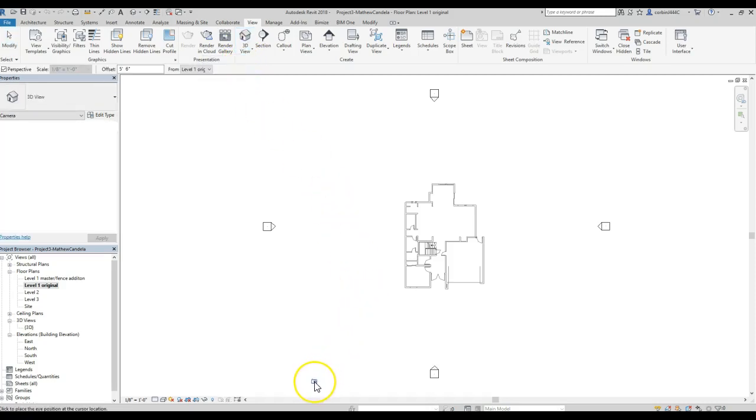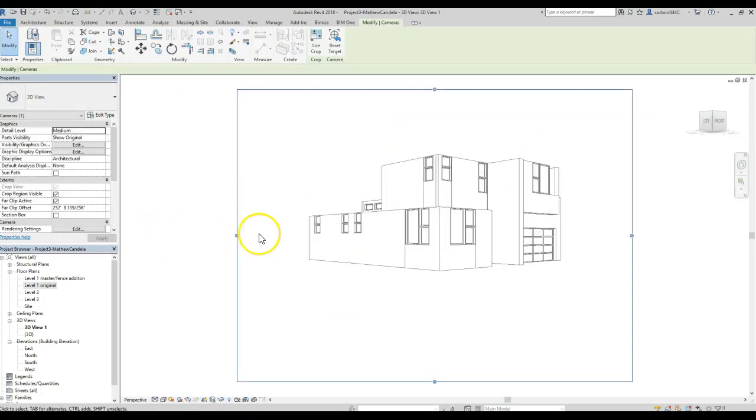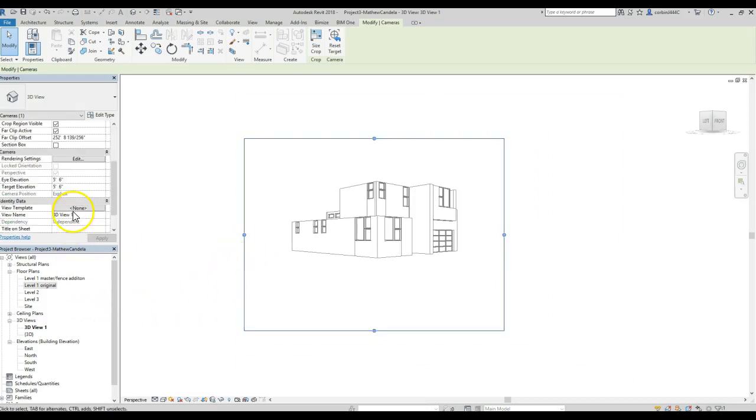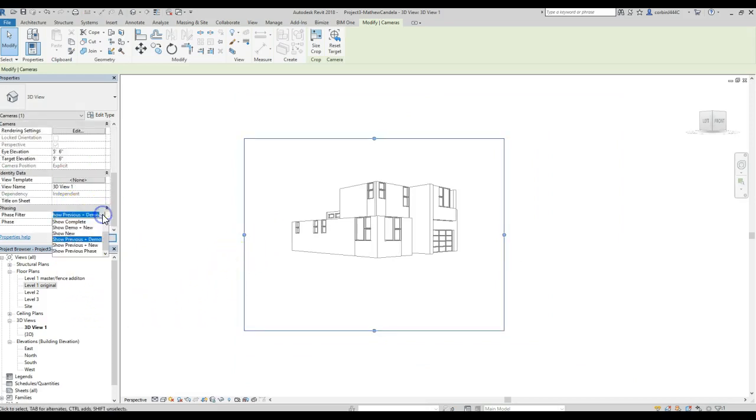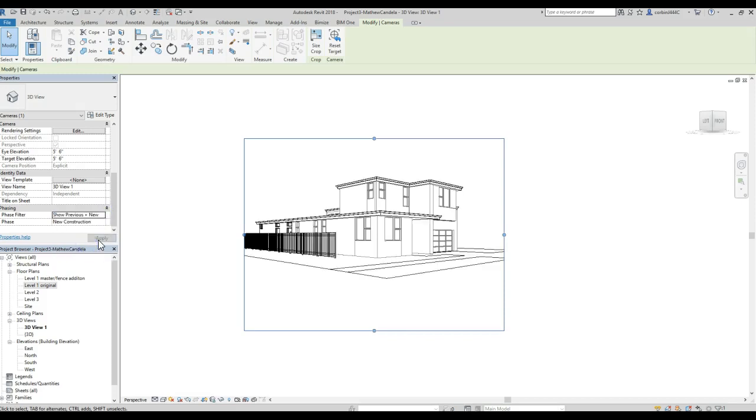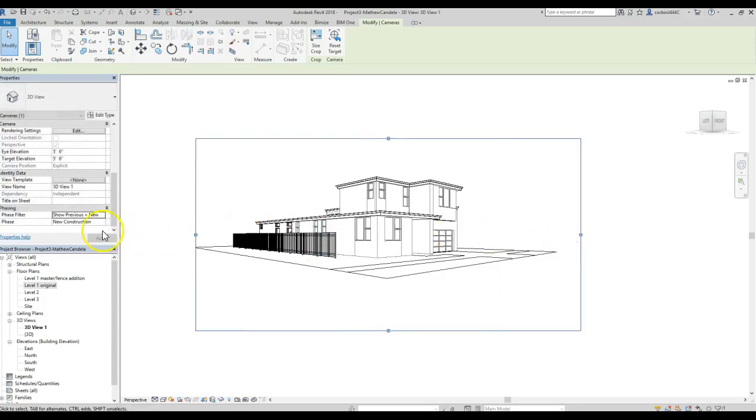We're going to click the camera view somewhere kind of out here and then drag it so that these lines go past the end of the building. And in this project there is some phasing going on, so we're just going to go to Previous and New. Just going to check and see if phase complete is different. I'll go to phase complete, and then